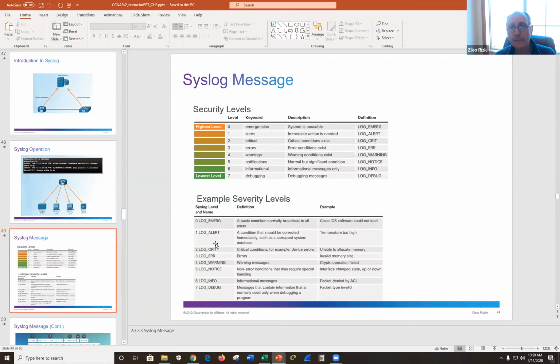So when did it happen? Who did it? And what did they do? They modified this file. They read this file. They created a file. And of course, that doesn't apply to a router. But for a router, it could be they changed a configuration file, or they enabled an interface that we usually don't use, or they disabled an interface that we use. And you want to log all that information.